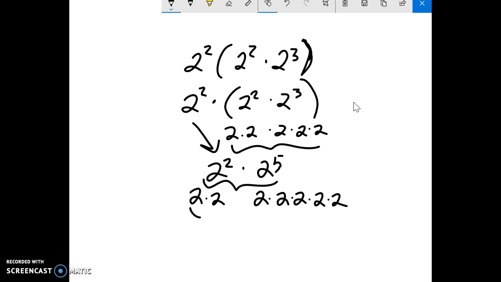As you can see, you're adding the exponents. That's 2 to the seventh. Oops, 2 to the seventh. That's your answer. Now, if you actually multiply out 2 to the seventh, you're going to get,